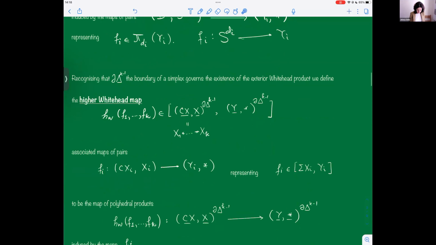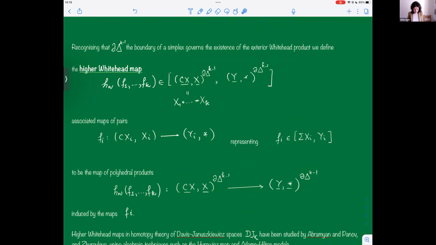Okay, and the idea is the same as before. We have that this space here is nothing else but the join of x1 to xk, but then we write these polyhedral products, using simply the definition of them, as the union over a simplicial complex K of CX1 cross CX2, and then in the ith coordinate, for example, we have Xi, and all other coordinates are cones